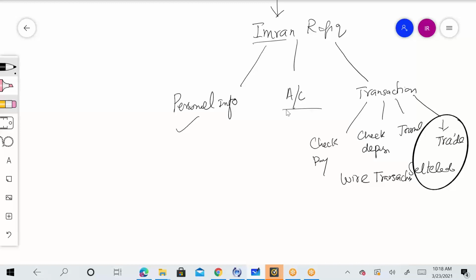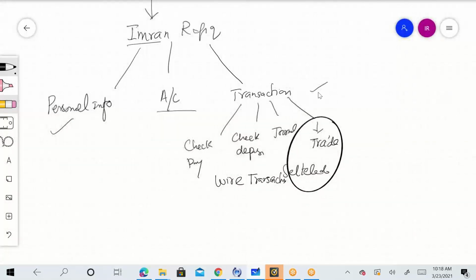And in account information, they would request account open date, account status right now, account ID and numbers and all that. In transaction, they will request these five transactions, and further within these five transactions, they categorize. Let's suppose if they want wire transaction information, then within wire, what information they are specifically looking for. So for example, they are looking for wire ID, transaction date, wire amount, the currency in which wire is being sent, the country who's